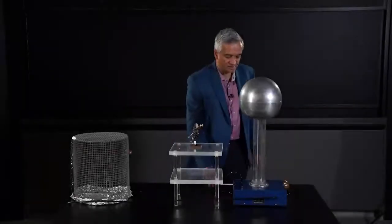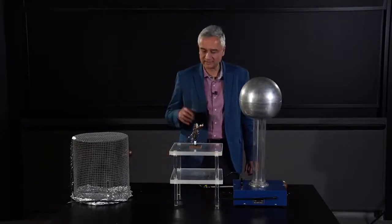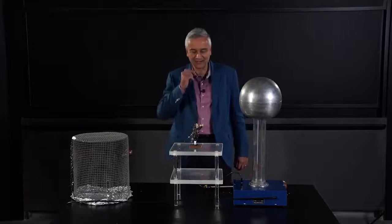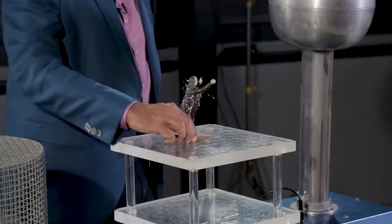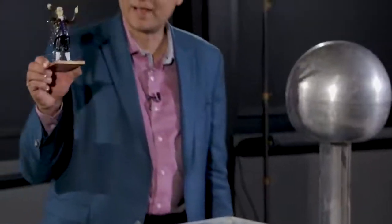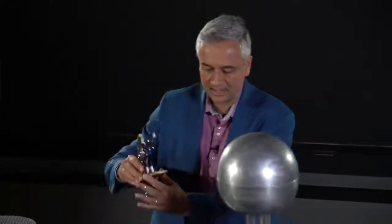So today we are going to learn about electrostatic shielding and Faraday cages and why it's not such a bad thing if you're in a lightning storm as long as you're inside a car. And I don't want to do that with me, so we're going to do it with Benjamin. Here we have Benjamin Franklin wearing a nice little Hawaiian hula skirt made of tinsel, and he is about to